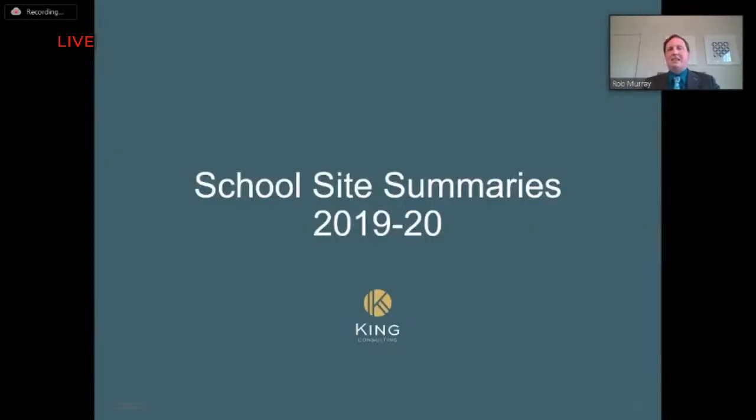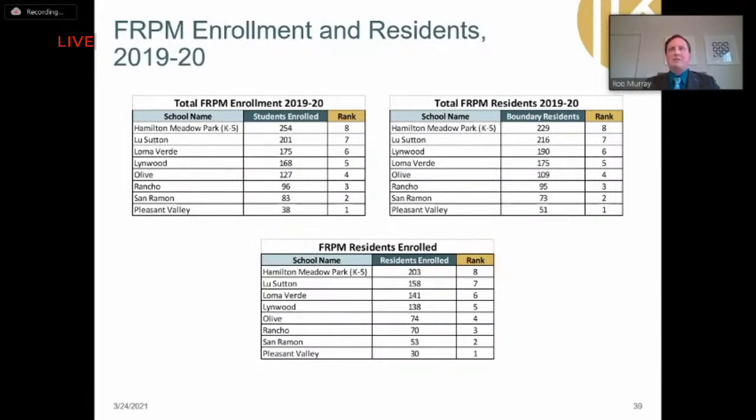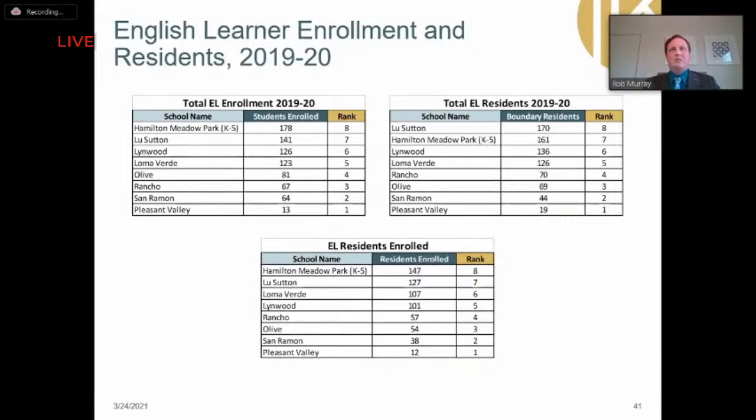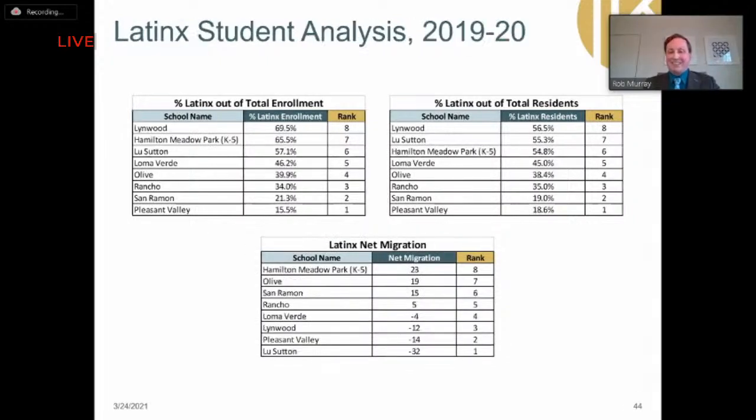And then the 1920 data, I'm not going to belabor this, but you have the equivalent data for 1920. What you'll notice really looking at 2020 versus 2019 is that you might have a couple of lines that swap places here and there, but generally you'll see that this is all the same order or very close to the same order as what you saw in the 2020-21 data. So again, I don't think anyone needs me to repeat everything that I just said. It's the same